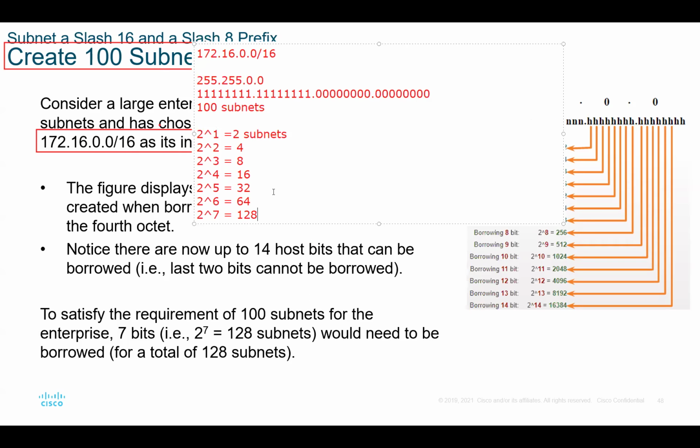Now, we have established that we need to borrow 7 host bits and make them network bits in order to have at least 100 subnets. So what do you do? You say 1 to 8, 1 to 8. That is what we had. Then we add 7 more: 1 to 8, then 1 to 8. So our new slash we will have now, this is